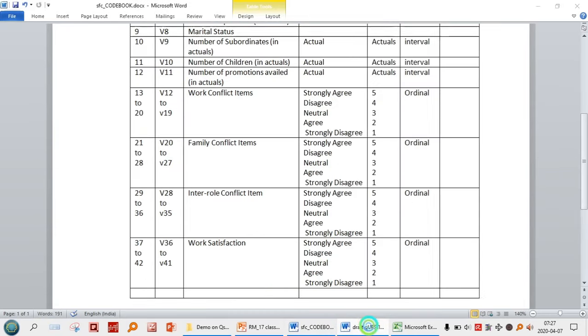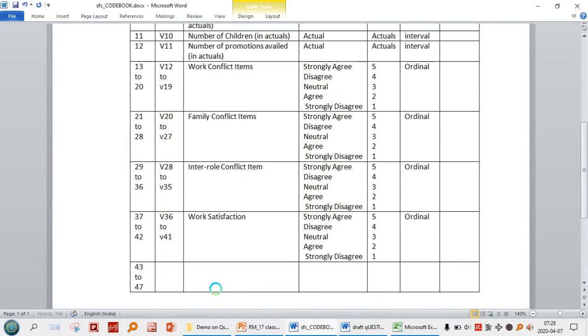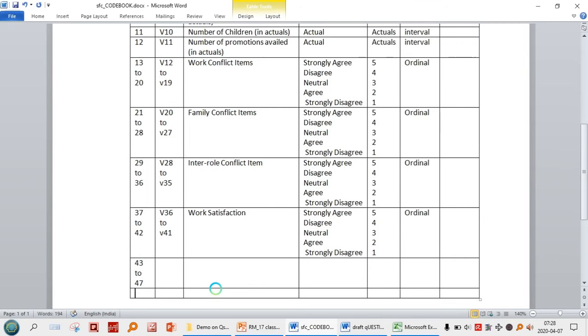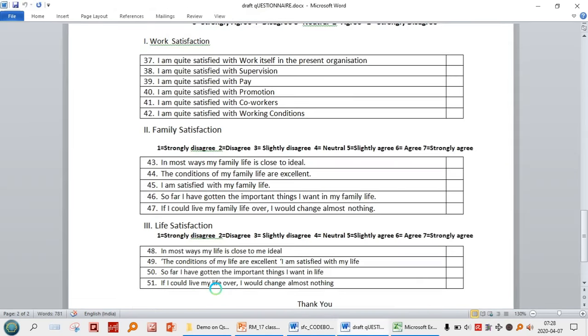So 43 to 47, variables V42 to V46, family satisfaction. It's also non-ordinal. So here additional measurements, additional response pattern is